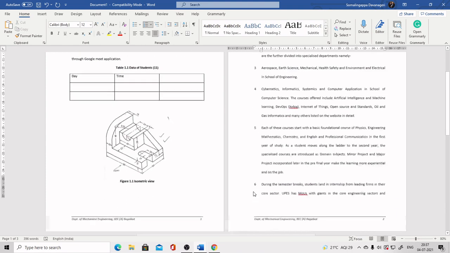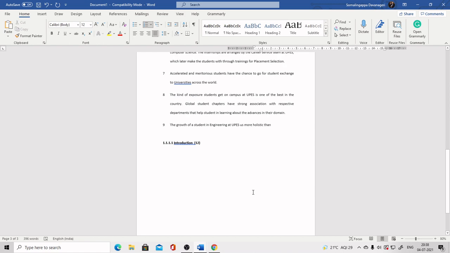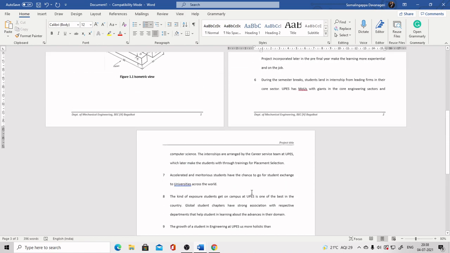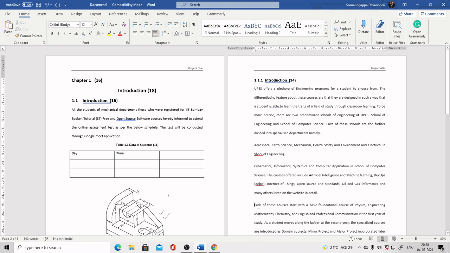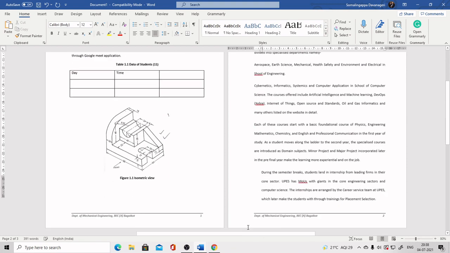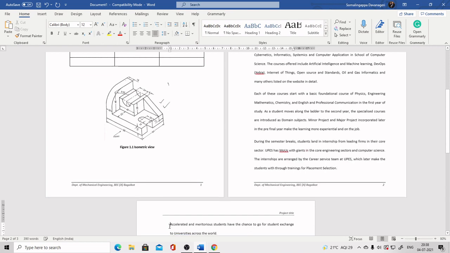Now sometimes what happens, if the content does not fit in accordance with your requirement due to some hyperlinks, in those cases you need to clear the format of the content that you copied from the web pages.